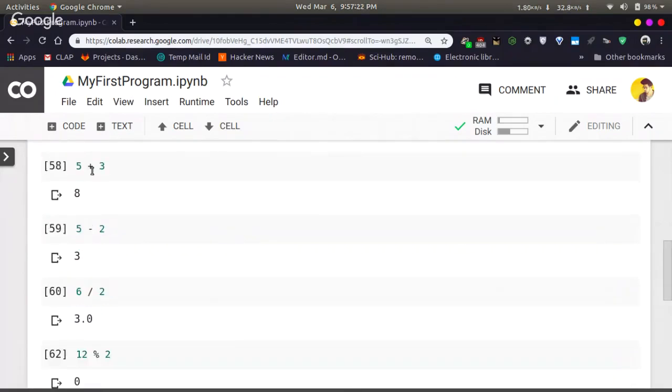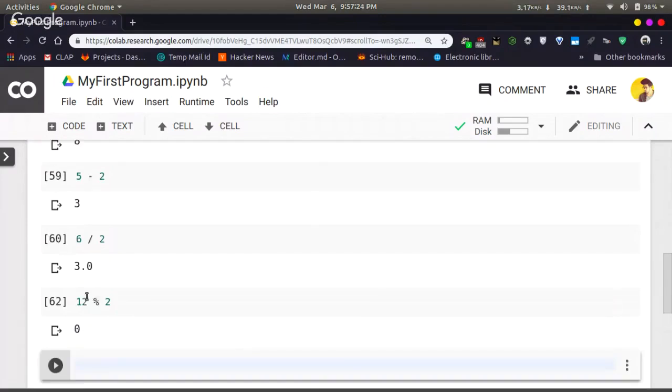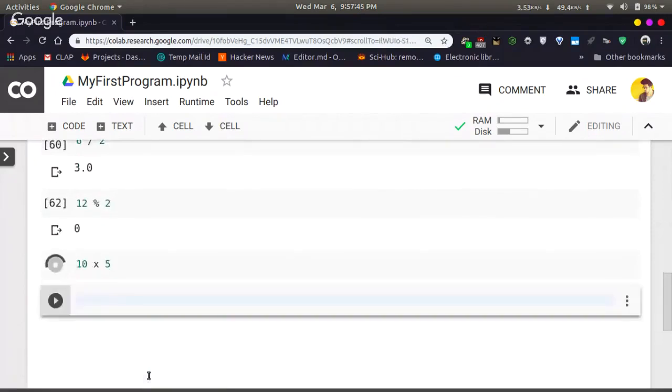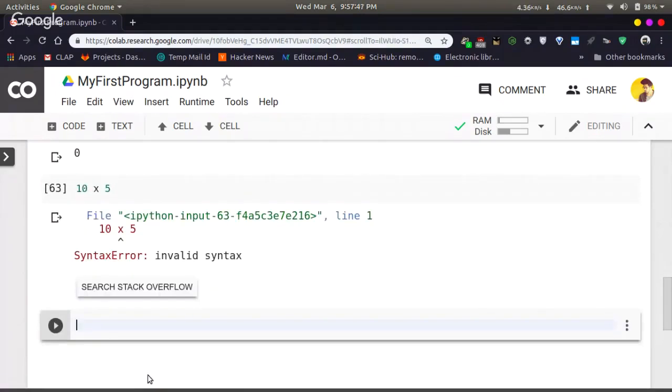I have talked about addition, subtraction, division, remainder, and say multiplication. 10 into 5. Do you think this statement will work? Actually, no, right? This is how we write in our normal Math language.